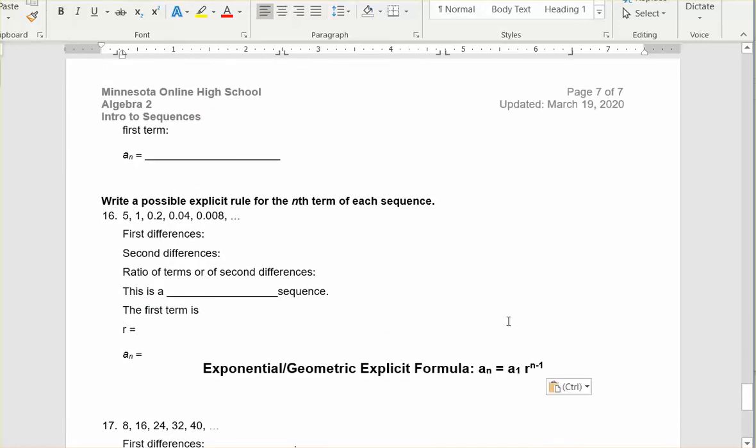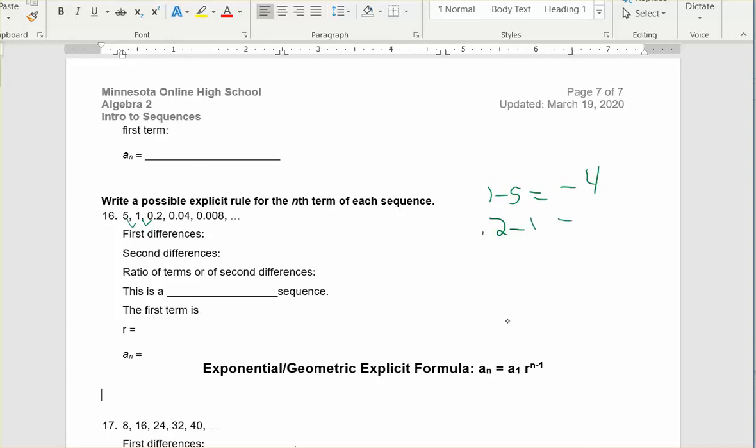If it's geometric, and we'll look more at that later this week, geometric sequences, then the first differences won't be the same, the second differences won't be the same, but the ratio of the second differences will be the same. So first we have to decide if we can use this rule. So the first differences is what you get to the next term. So from 5 to 1, 1 minus 5 is -4,